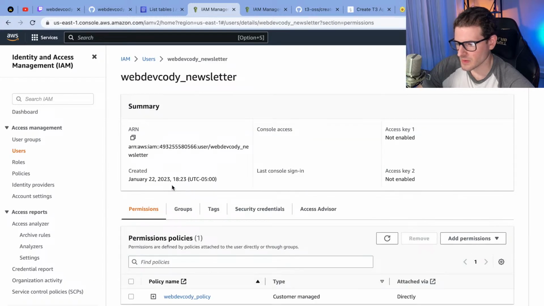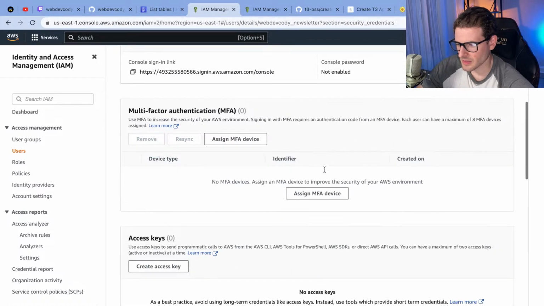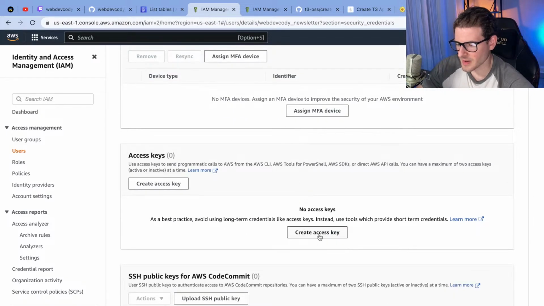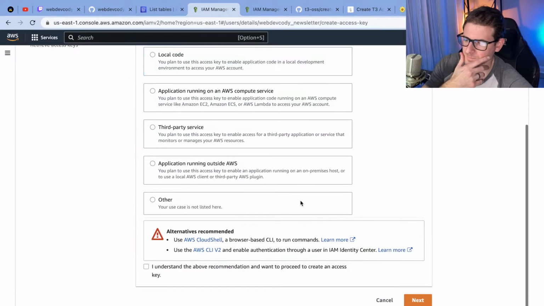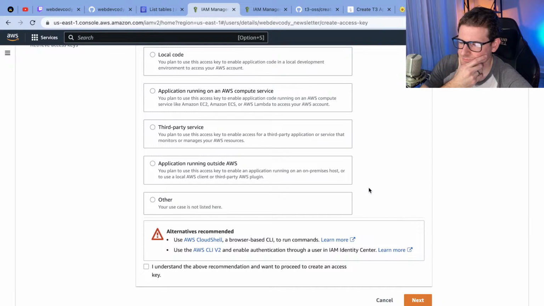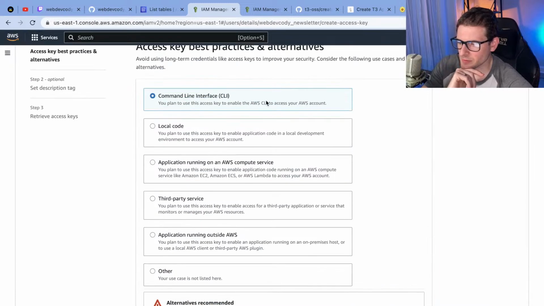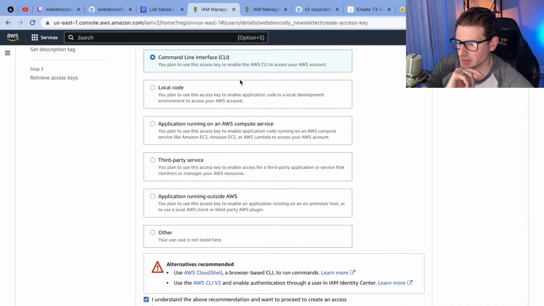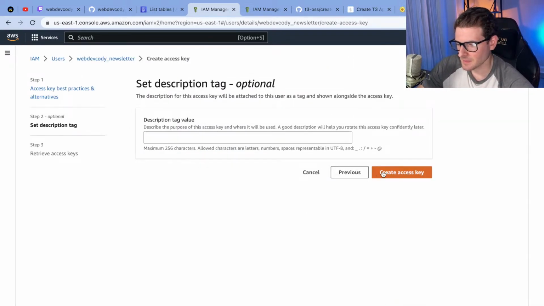When you do that, I can go to security credentials, and I think I can just go ahead and create some access keys. Now, I don't know if it's going to show this to you all. I'm just going to say command line. There's a lot of other ways you can do security, and I'm not a security expert, but we are going to use it locally for my machine. I think there are different ways to do it if you're actually trying to run this on an EC2 instance. Do I need a tag? It says optional. Create access key.